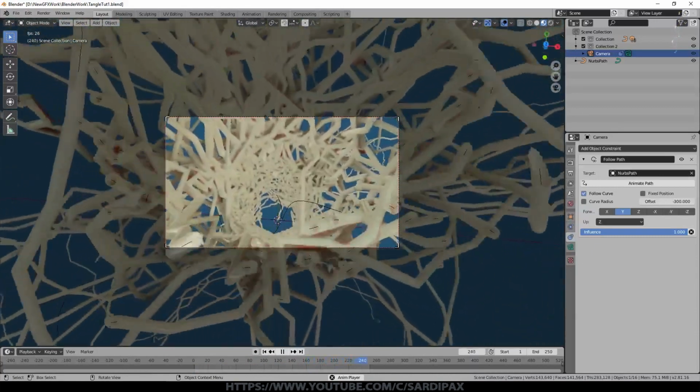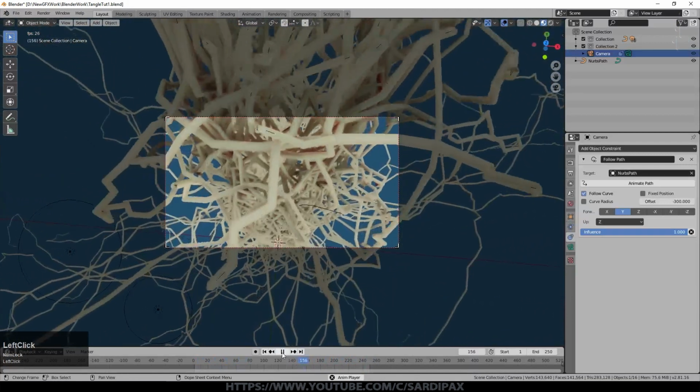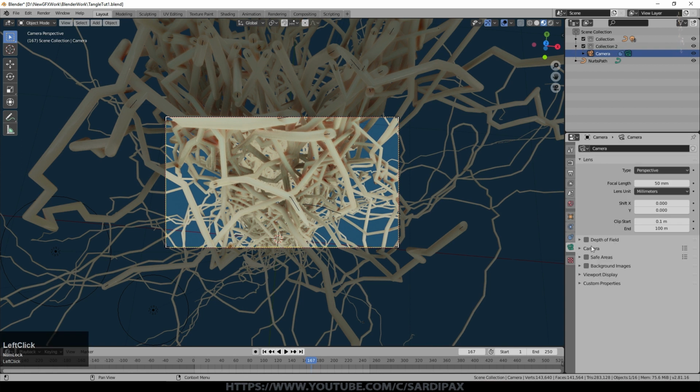And you can see it's quite an interesting effect. When we get to somewhere like here, you can see how these little tubes are disappearing in front of the camera. I actually stuck with that, and the reason for it is the clipping plane of the camera. So if we go to the camera options, you can see clip start and end.